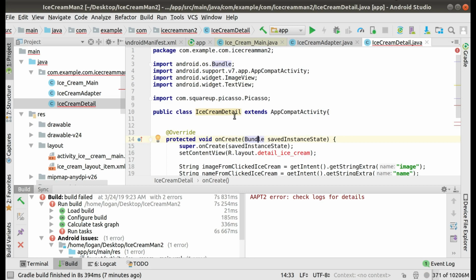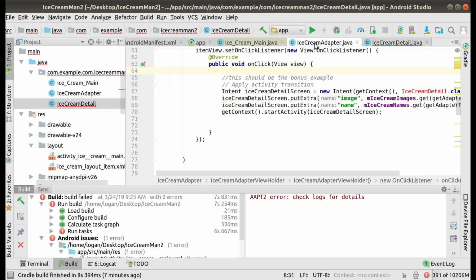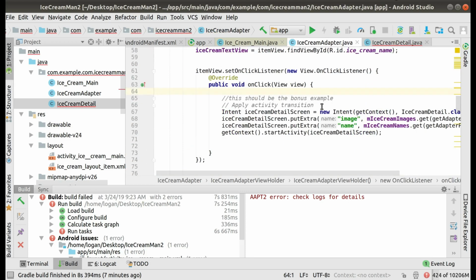Cool. And now this guy. So we're creating a new activity. So basically the idea is when we click on an item in our recycler view, that it can open a new activity and give some more details on the ice cream, like say the size it comes in, I don't know, fun fact about it, it was from Wisconsin, something like that. Anyways, so we have our second activity, ice cream detail, that in our adapter we are saying, we don't need this line,